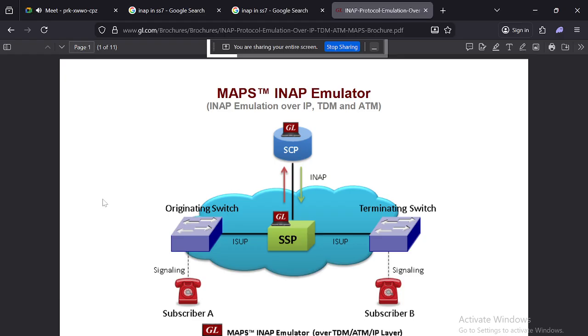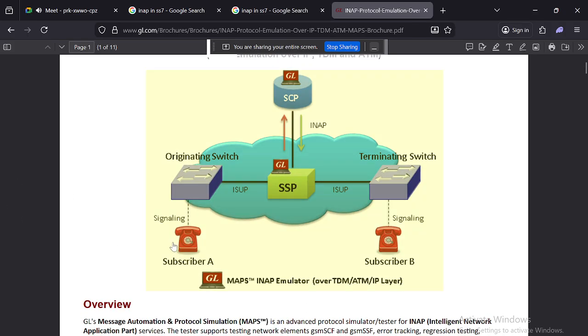It will store the external databases and is flexible for routing. Like you have two subscribers, subscriber A and subscriber B. So the originating switch goes to the SSP, and first it will check whether it has the data or not. Then after that, the service control point.